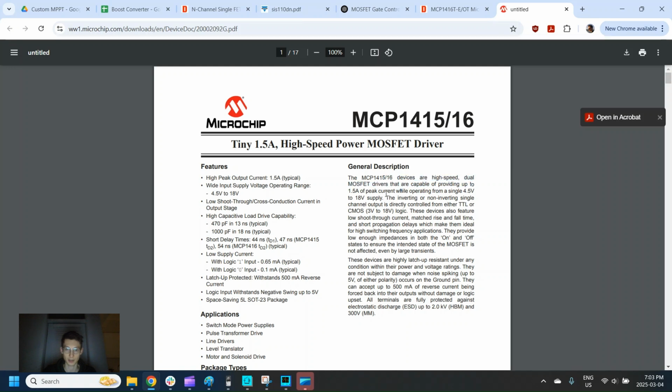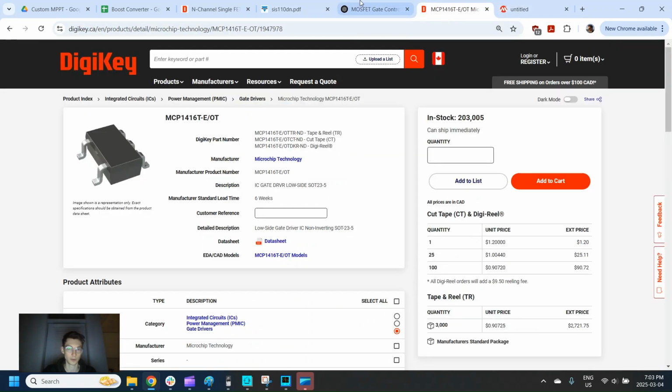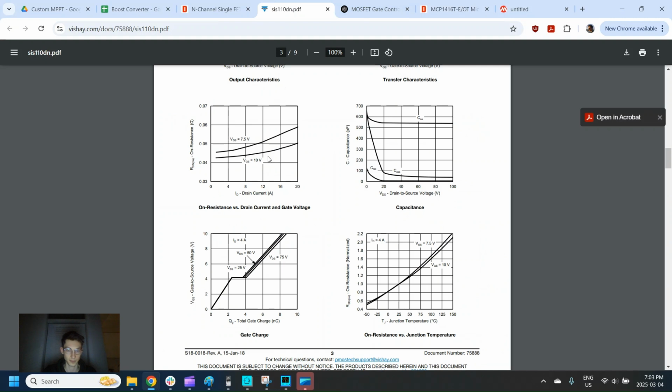We need to output a certain amount of current and a certain amount of voltage. So we can go to this and look at what these things will be. In our case, our VGS is either 7.5 or 10 volts. We're going to choose 10 volts because we want a lower on resistance. And you can see here, this curve with 10 volts has a lower on resistance. So we need 10 volts, and we also want to